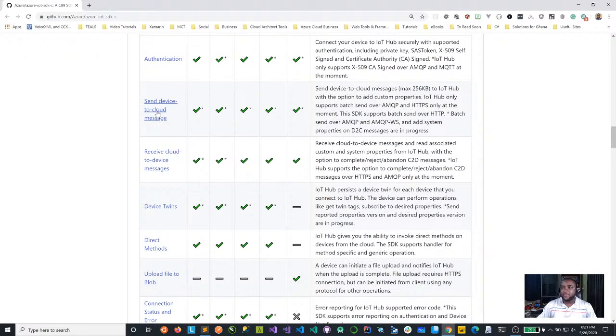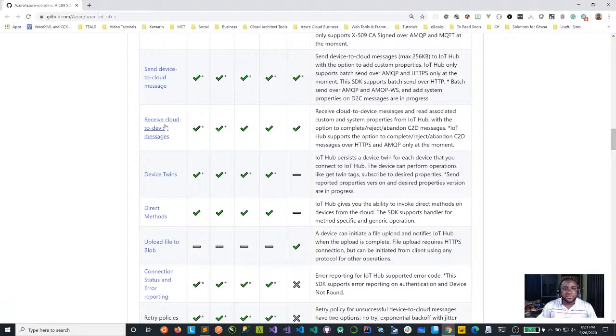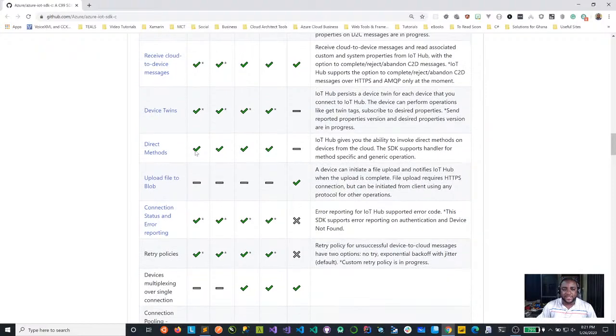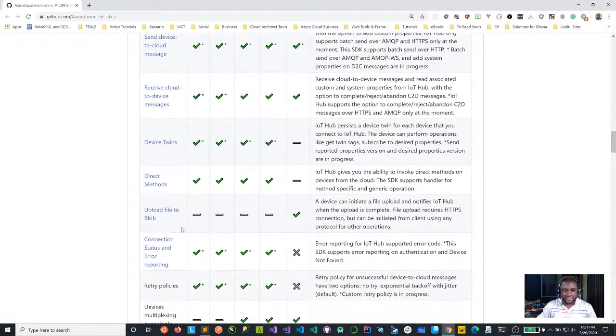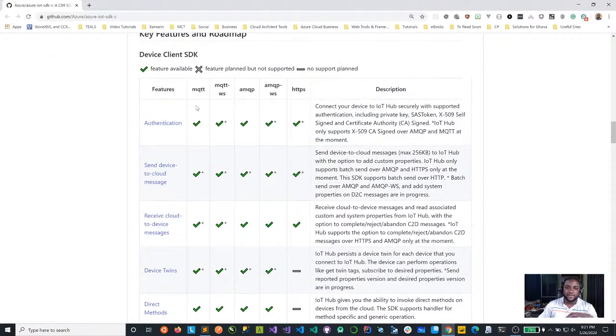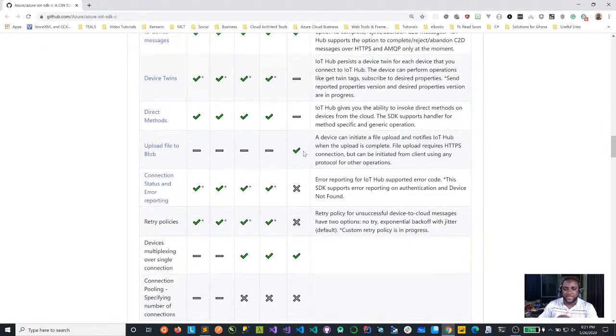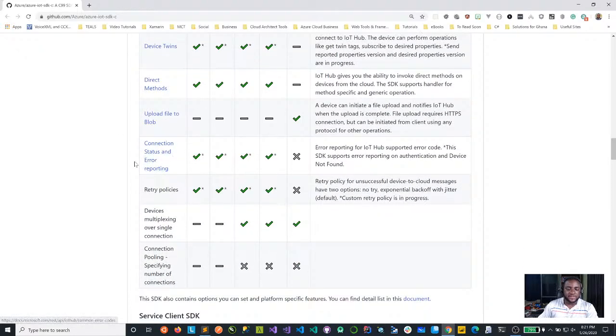Send device to cloud message, as you can see here, is also supported. Retrieve cloud to device message, device twins, direct method is supported only for these protocols but not HTTPS. You can upload a blob using MQTT unless you're using HTTPS. Connection status and error reporting, you can do that but not with HTTPS.